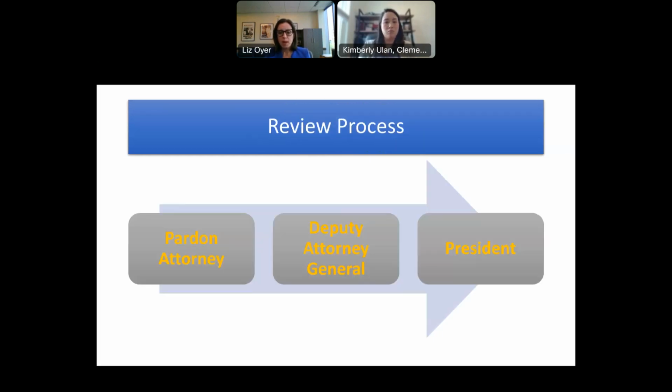Once you submit the application to us, there's a review process that starts in our office with an investigation of the application. In the case of a commutation, a reduction of a prison sentence, we gather some documents from the Bureau of Prisons. We collect some court documents, including the pre-sentence report and some other basic materials. And once we have all of those documents assembled, we have a complete case file, we make a recommendation, and